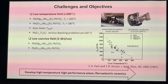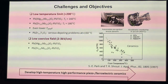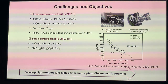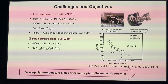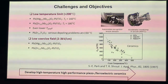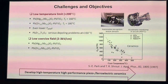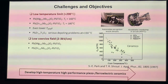First, they are crystals, thus they're expensive, hard to prepare, and the same compositions in ceramic states usually have much lower piezoelectric properties. The other problem is that they work at low temperatures because the Curie temperature is comparatively low, and what is more important, they have a morphotropic phase boundary, and a phase transition between two phases at a temperature lower than the Curie temperature. And of course, if you have a phase transition, the domain structure changes, and it is impossible to heat the crystal above this